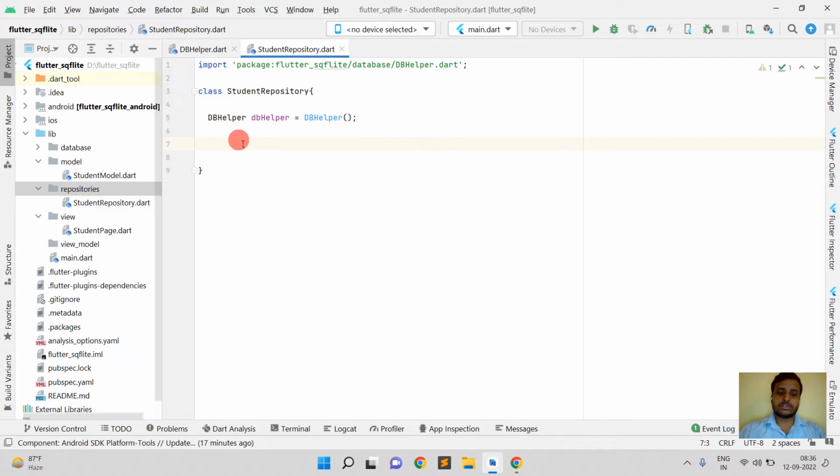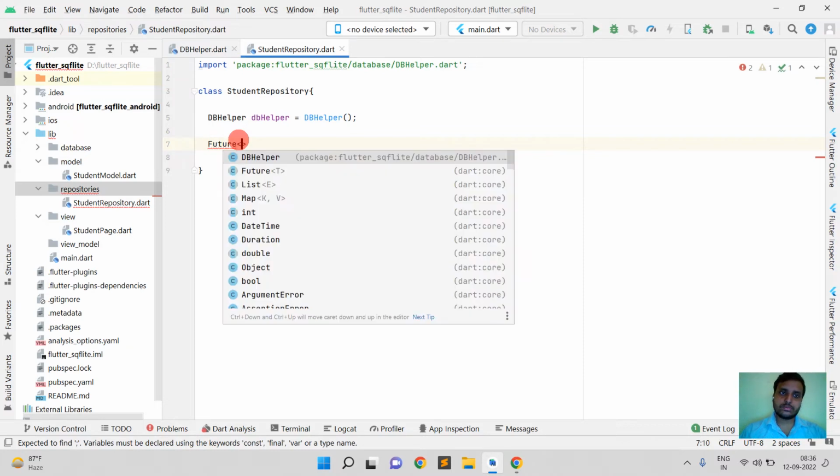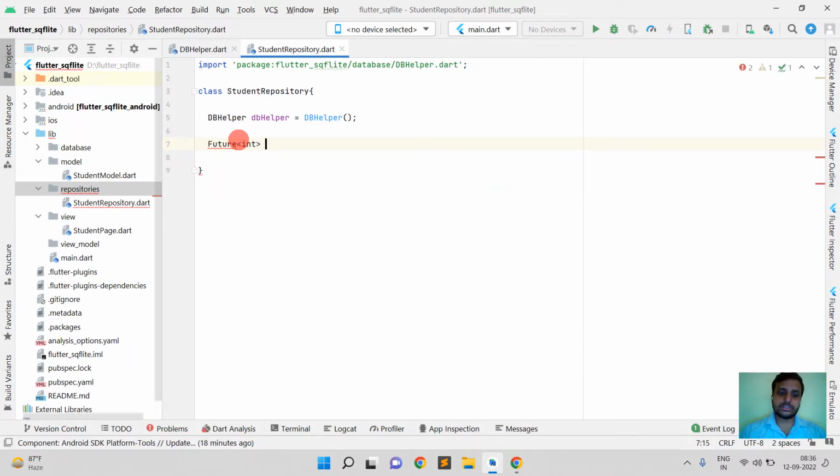So firstly I am going to add the student. I am going to create the method by which we can add a student. So this will be of type integer, and here add,